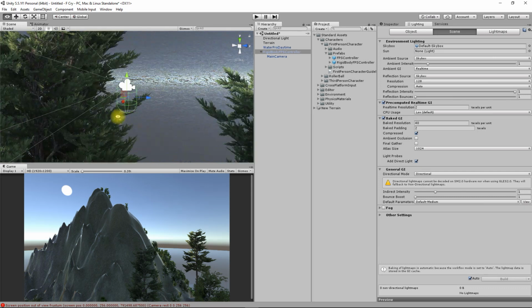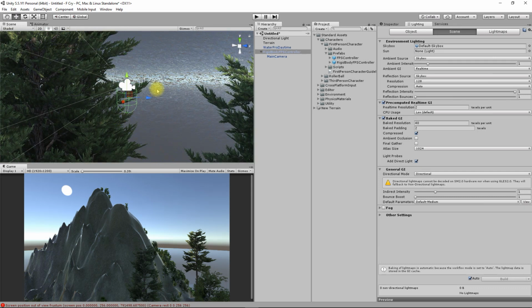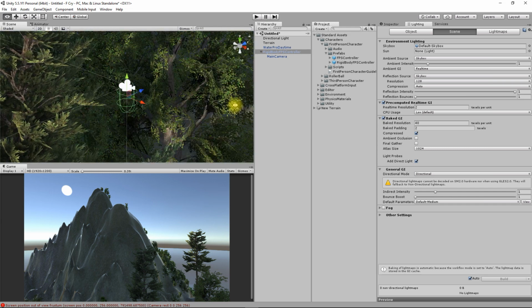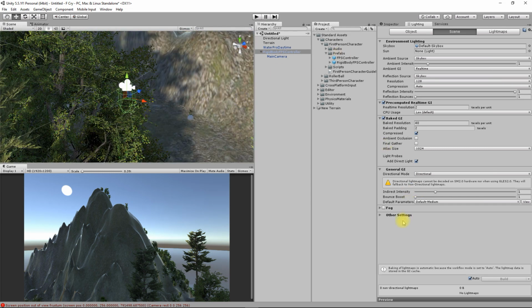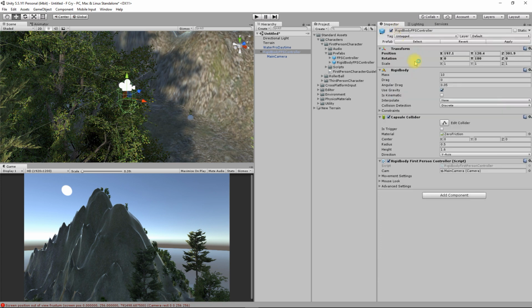So this is what's actually interacting with the ground, this green area here. And if I go back to my inspector here, I've got a rigid body, a capsule collider, and then this script which is controlling the camera. So I'm going to press play,